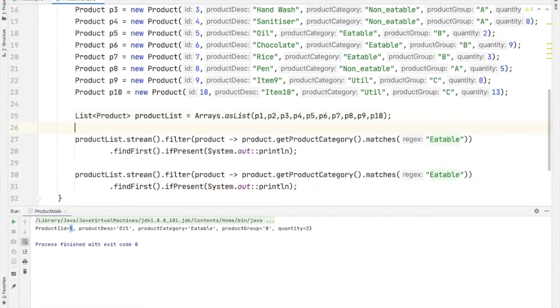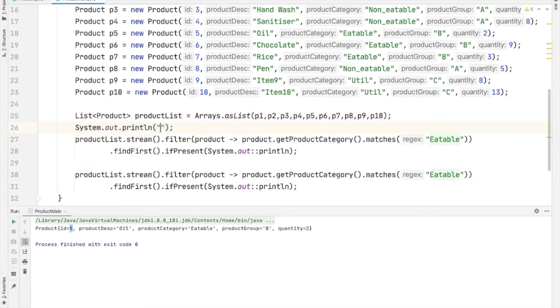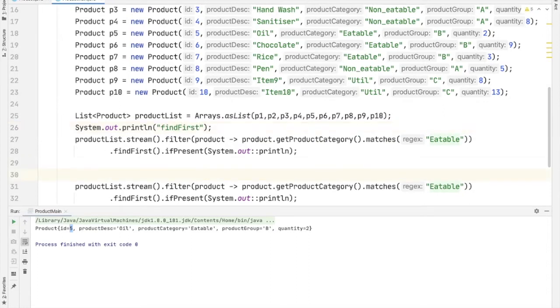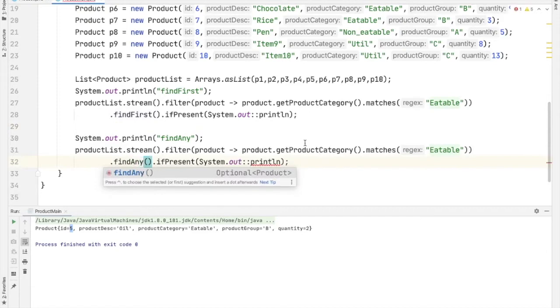Let's give a heading for both. Change it to findAny.